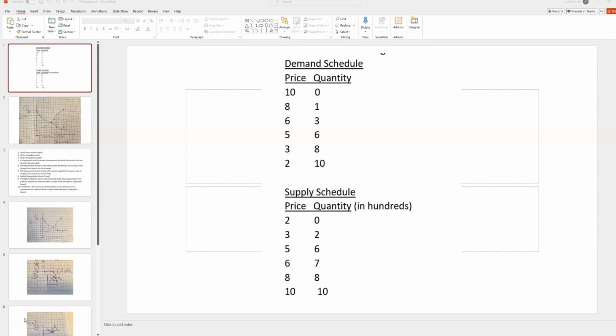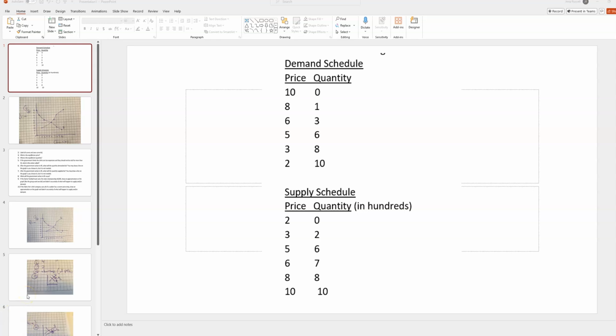All right, this is the homework that's due tomorrow for second and third period. Here is the demand schedule and the supply schedule. And I only wrote in hundreds on the supply. I should have done it on both. But anyway,